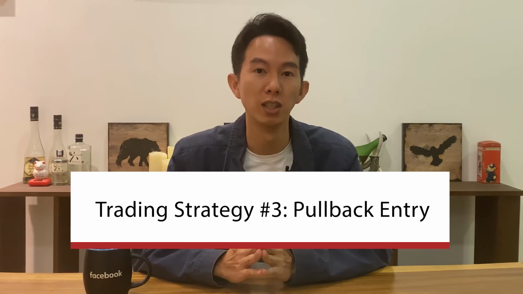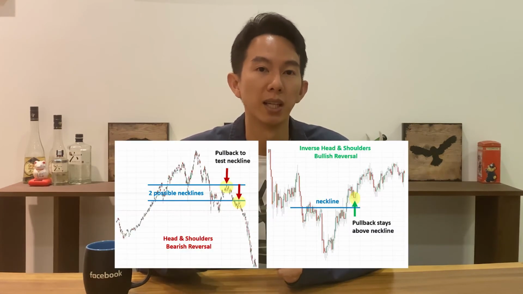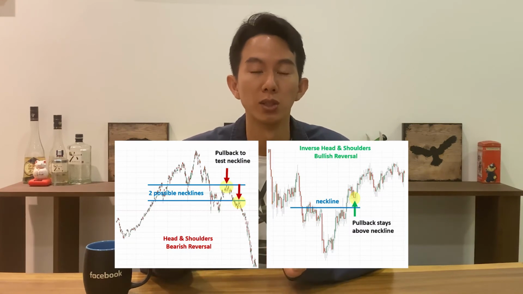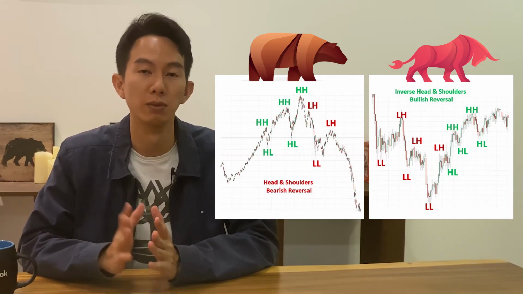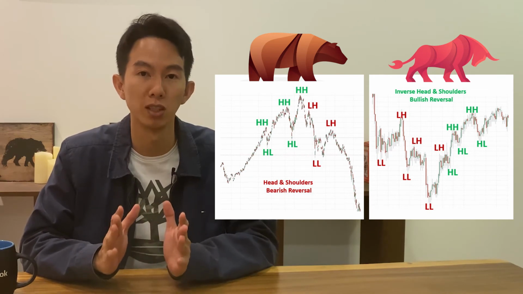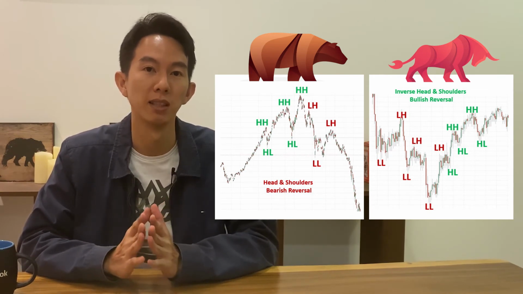If the price action is choppy or volatile, or if the neckline is not clear, then it will be better to wait for a pullback and use strategy 3 instead. This brings us to our third strategy for the head and shoulders price pattern, which is to wait for the break of the neckline to occur, which was what we saw in strategy 2, and then enter on the first pullback after that happens. As mentioned previously, the head and shoulders pattern is a reversal pattern, and we can expect to see swing counts change as the pattern unfolds.